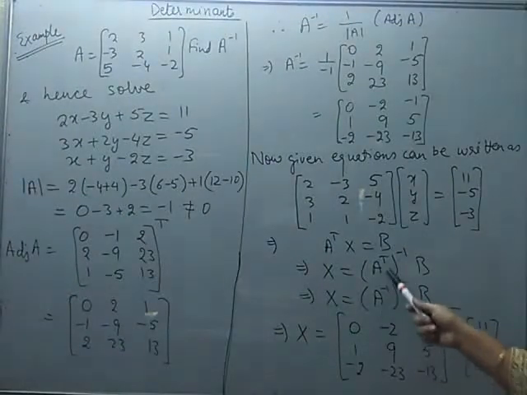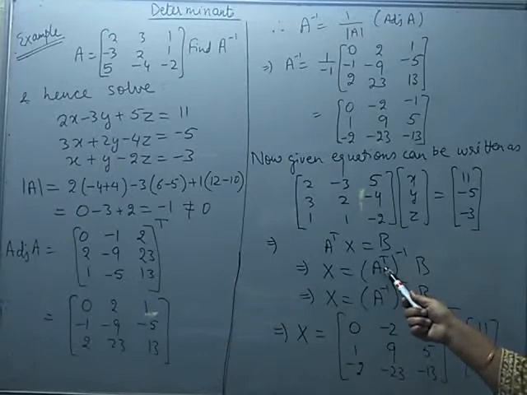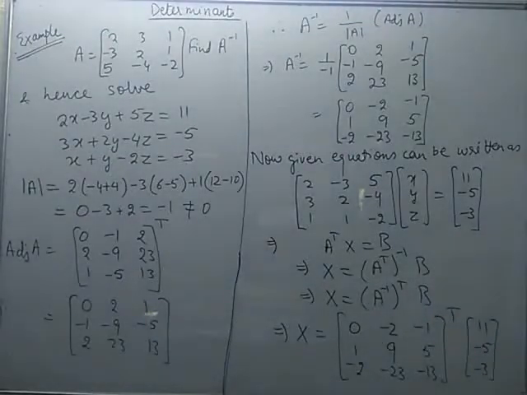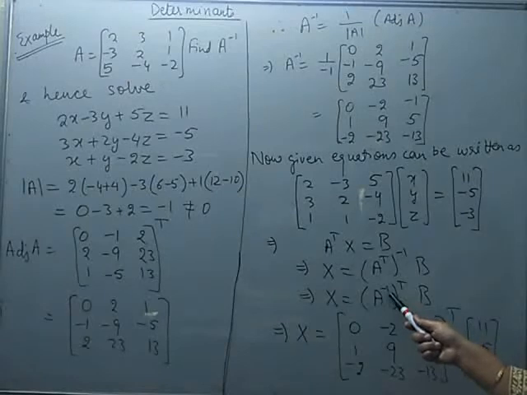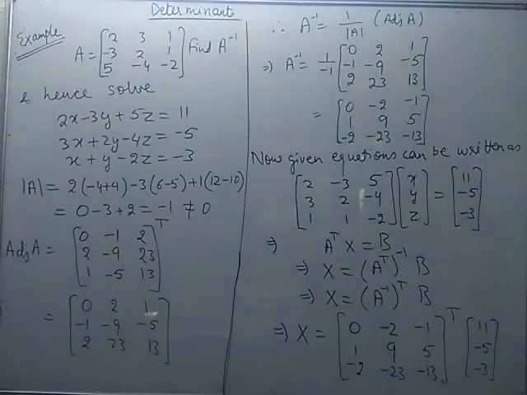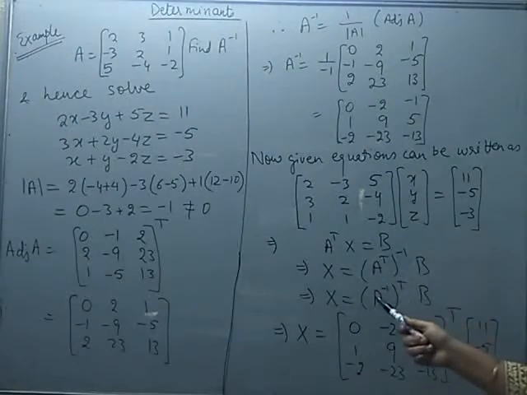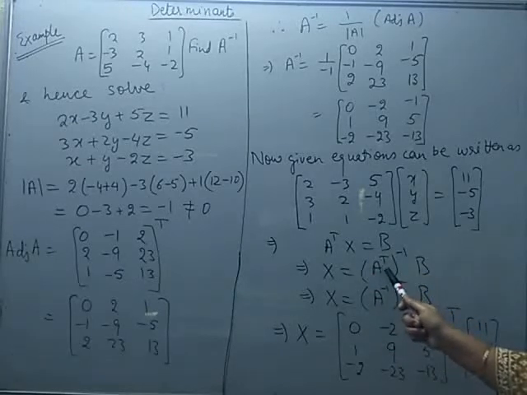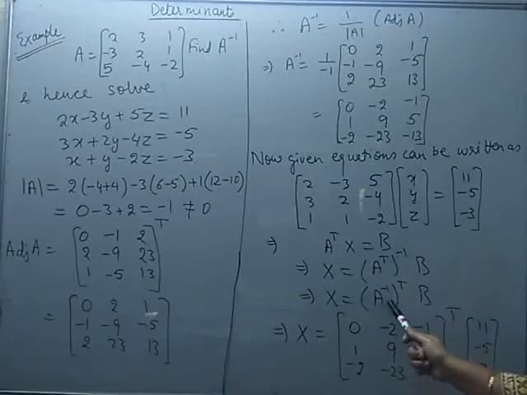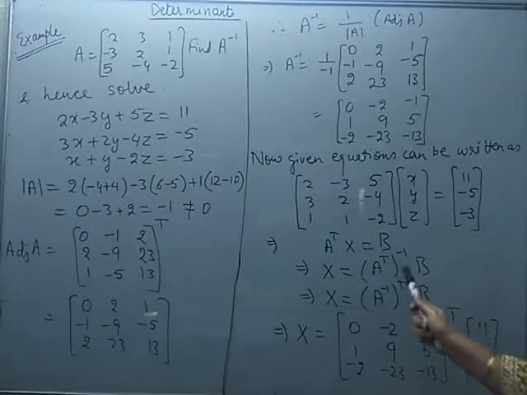Now this is what you have to keep in mind very clearly: whether you take the transpose of A first and then find its inverse, or you find the inverse of A first and then take its transpose, they both will be the same matrix. This is going to help us in solving for X. So we are going to make a change in this. Instead of writing it as inverse of A transpose, we can write it as transpose of A inverse. These I have interchanged, if you see.